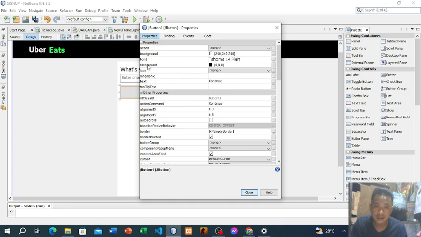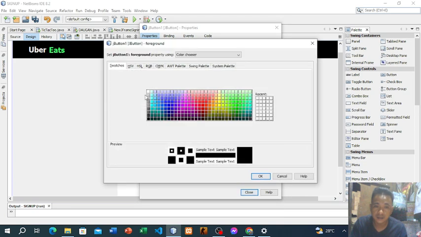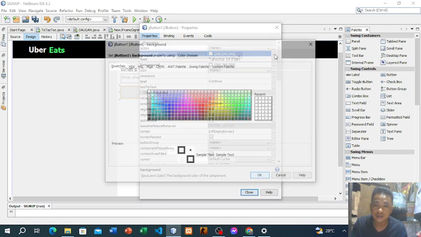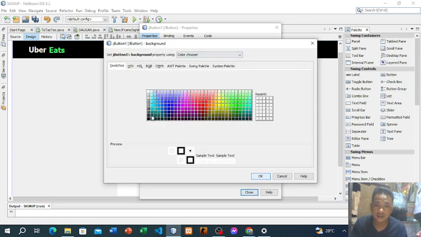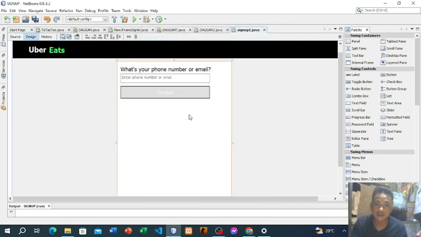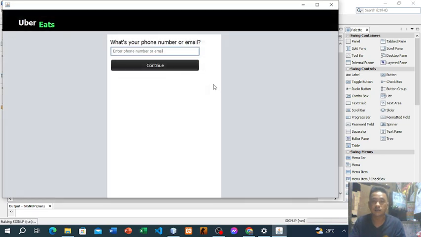This one, the foreground. Click it. Okay, then for the background, just click here, then choose black. And okay, then close. It just seems white when you're still in NetBeans, but if you run it, it will turn black like this. See, it will turn black.